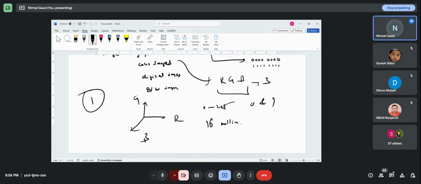We have digital cameras, that's what you say. These digital images can be grayscale, they can be colored, they can be binary. What I'm showing you now is binary. I can have black and white. Black and white images are binary images.